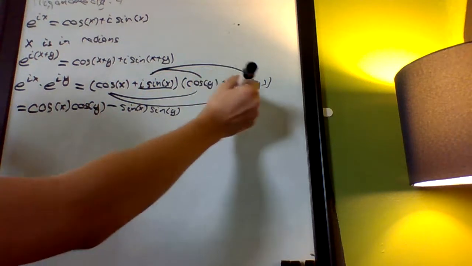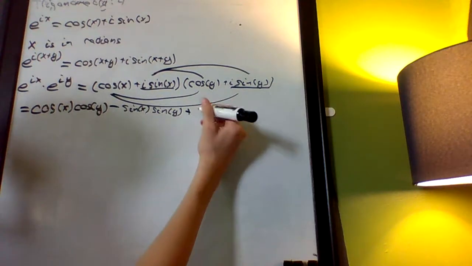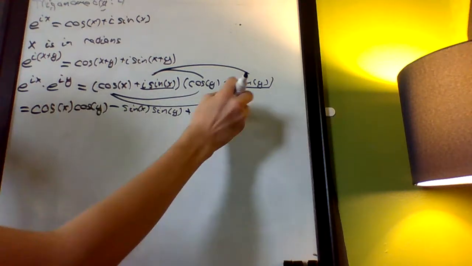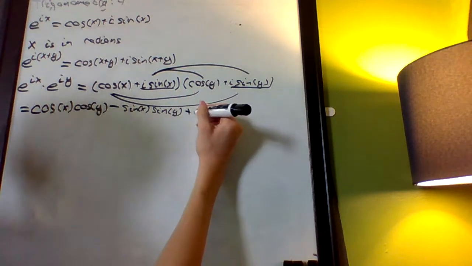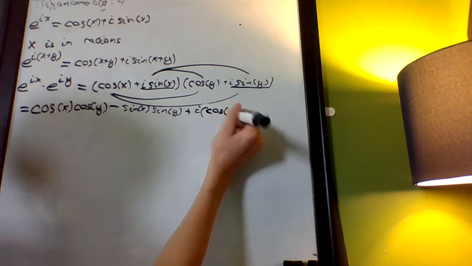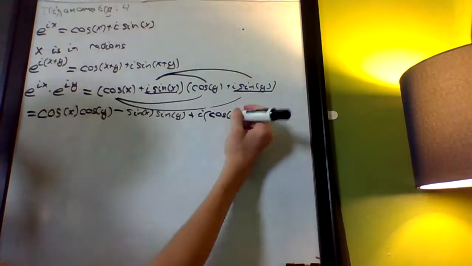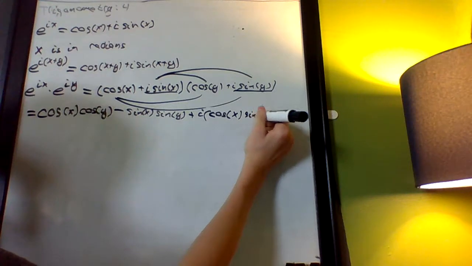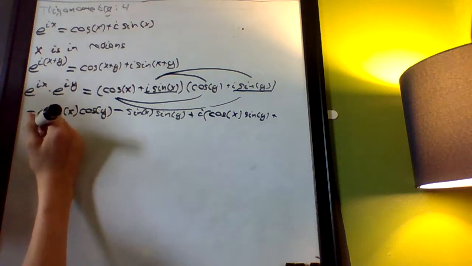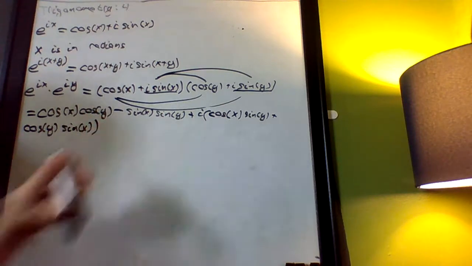Because we have i times i, i squared, which is -1. Plus i times, distribute it, cosine of x times sine of y